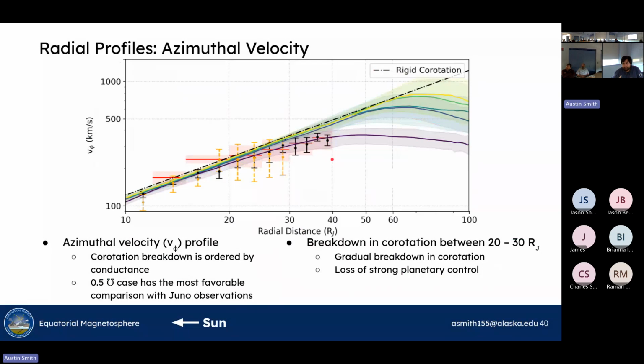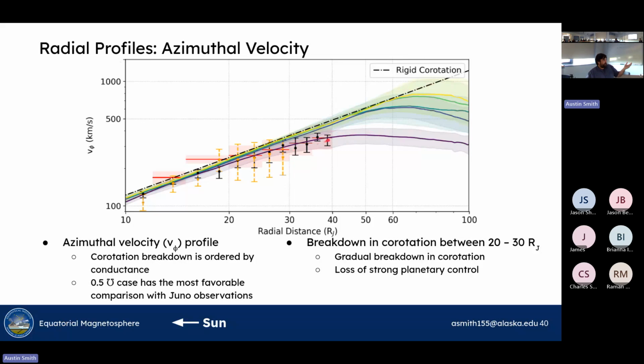Now, because Jupiter is a primarily co-rotationally dominated system, we care a lot about the azimuthal velocity, or the co-rotational velocity, Vφ. Here we can see the co-rotation breakdown, and the colors are the same for the different ionospheric conductance cases. The co-rotation breakdown, so the break from the rigid co-rotation line here, is ordered by the conductance, which is expected. So you lower the conductance, you loosen your control on the magnetosphere,